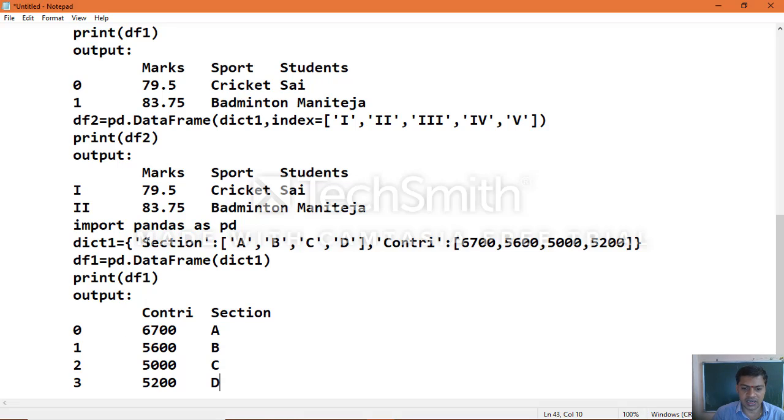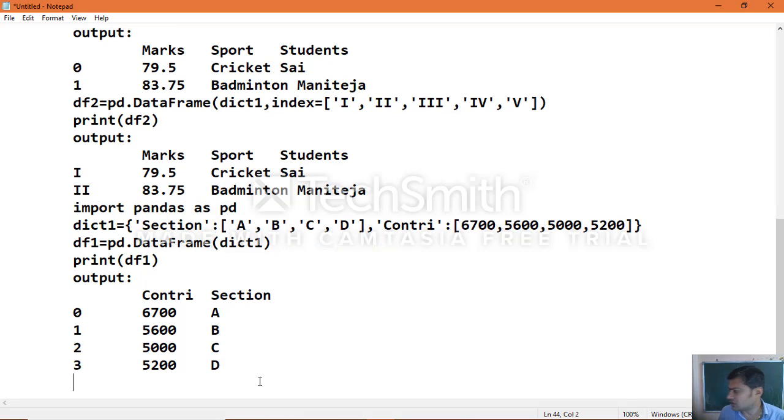So section and contribution are the keys which we specified, and the list of values becomes the value for each key. That's why column names are treated as dictionary keys, and the values are represented as that particular column's values. You can now see clearly how this particular example works. Okay, so that is the example.